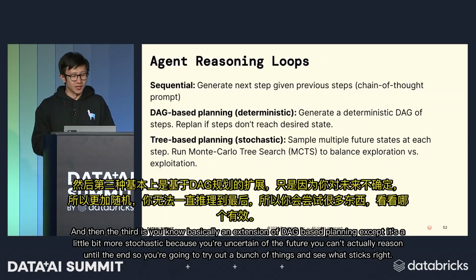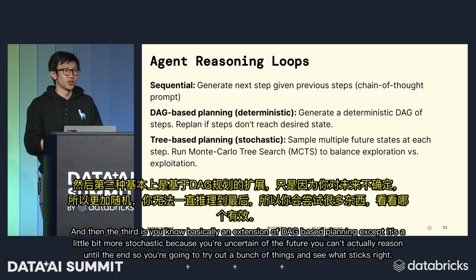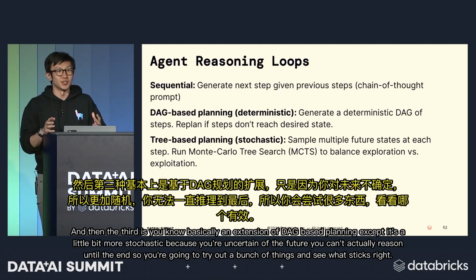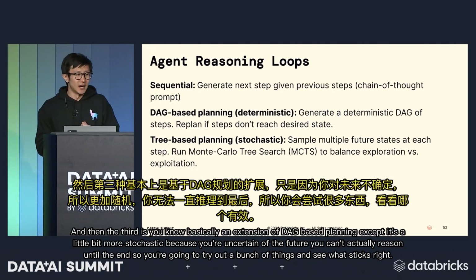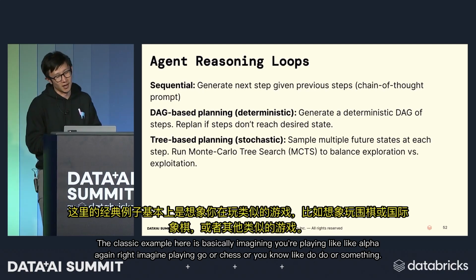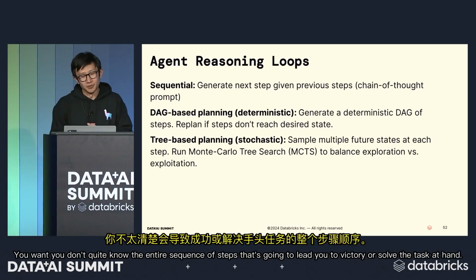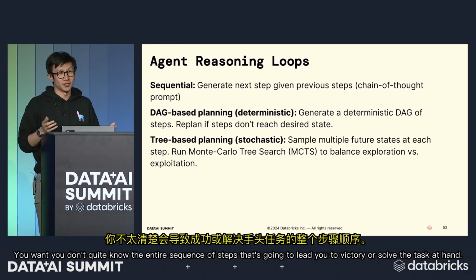And then the third is basically an extension of DAG-based planning, except it's a little bit more stochastic because you're uncertain of the future. You can't actually reason until the end, so you're going to try out a bunch of things and see what sticks, right? The classic example here is basically imagine you're playing AlphaGo, right? Imagine you're playing Go or chess or Dota or something. You don't quite know the entire sequence of steps that's going to lead you to victory or solve the task